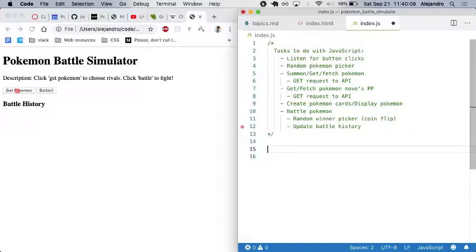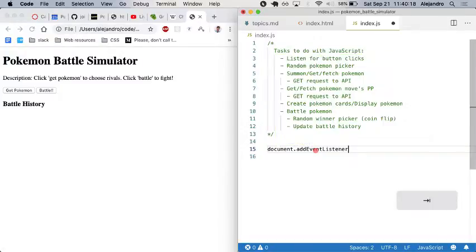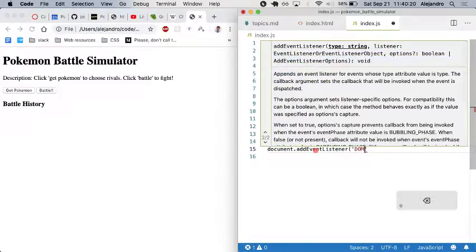If I don't wait for the DOM to be loaded, I cannot grab the button from the DOM. So the first thing as we discussed is add document.addEventListener, DOMContentLoaded,